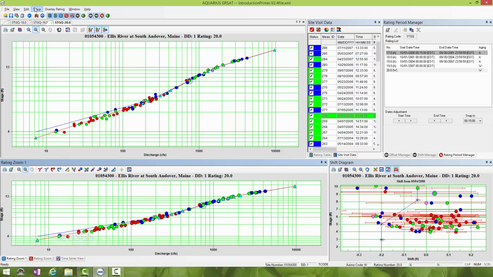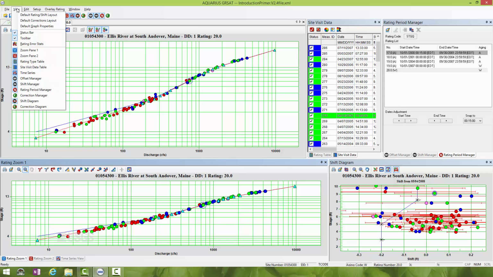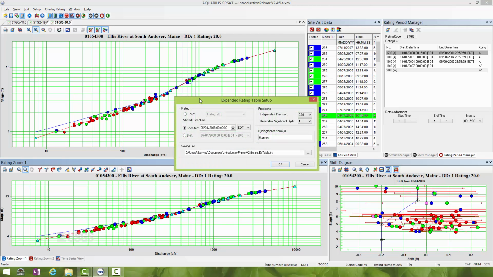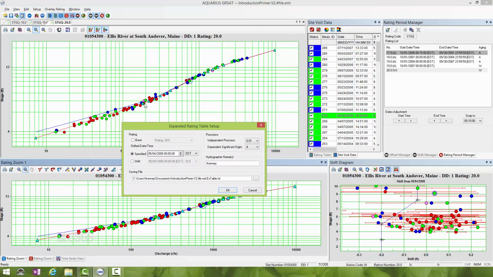You will also be able to go here to setup, into view, and you can deal with default graph properties. And there's a number of things you can change. I'm not going to cover that sort of stuff. The last thing I really want to show you is the ability to pull an expanded rating table by this button right here. You're able to look at the rating that you've got here, rating 20, shown here, and I can look at a shifted rating at a specific point in time if I was interested, or I can just pull the base rating, which is typically what we look at, and I would click OK,